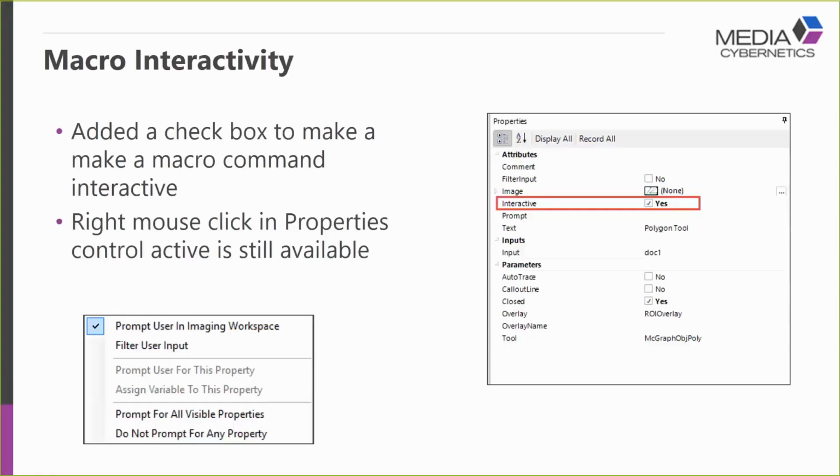Hi, today I'm just going to have a brief talk about macro interactivity and how to set up a macro to be interactive, where an end user can make some type of change: splitting of touching objects, removing something that should not have been counted, maybe making an adjustment to the image display, whatever it may be. This was an update that we put into Image Pro in the